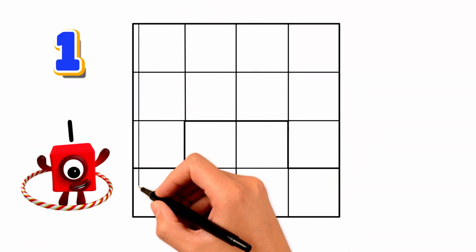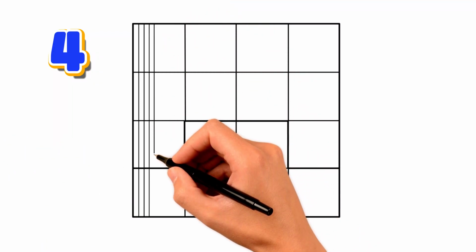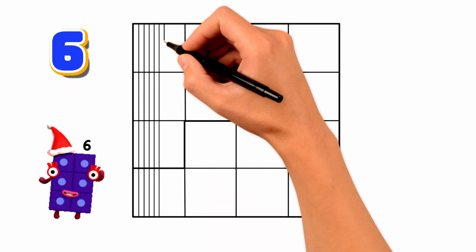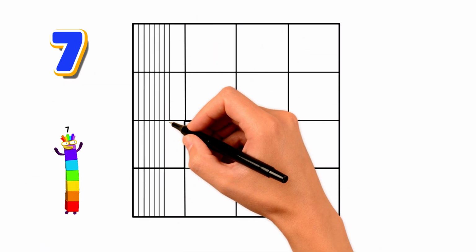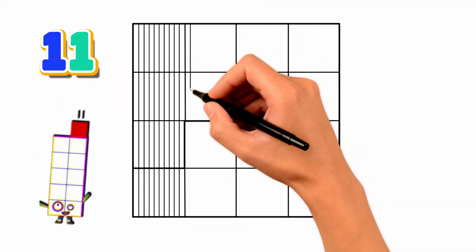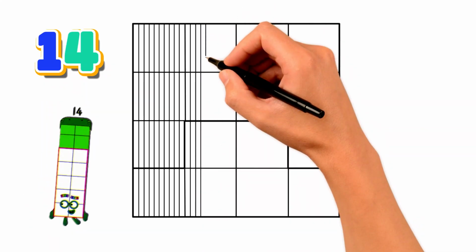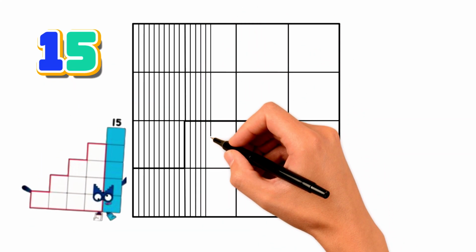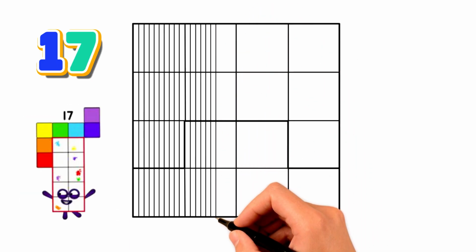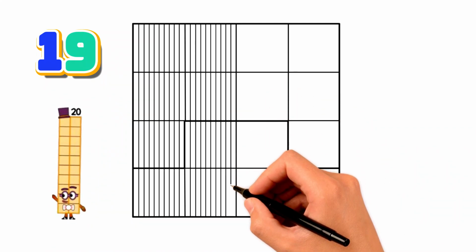Now draw 40 vertical lines. Keep your ruler nice and straight. 1, 2, 3, 4, 5, 6, 7, 8, 9, 10, 11, 12, 13, 14, 15, 16, 17, 18, 19, 20, 21,